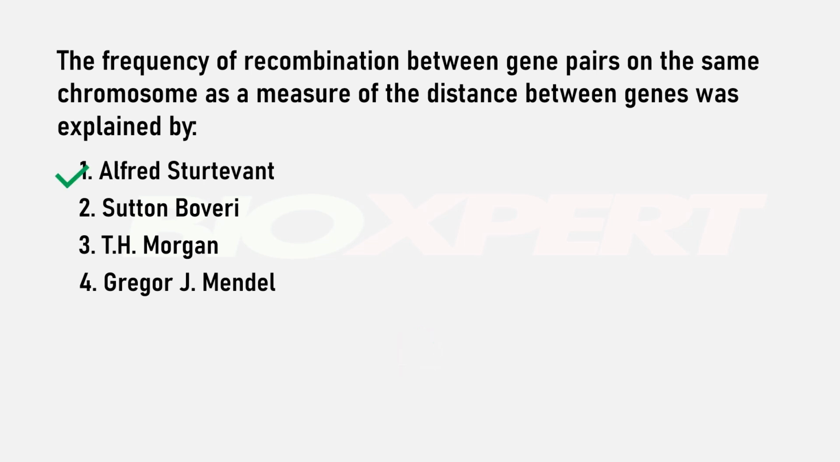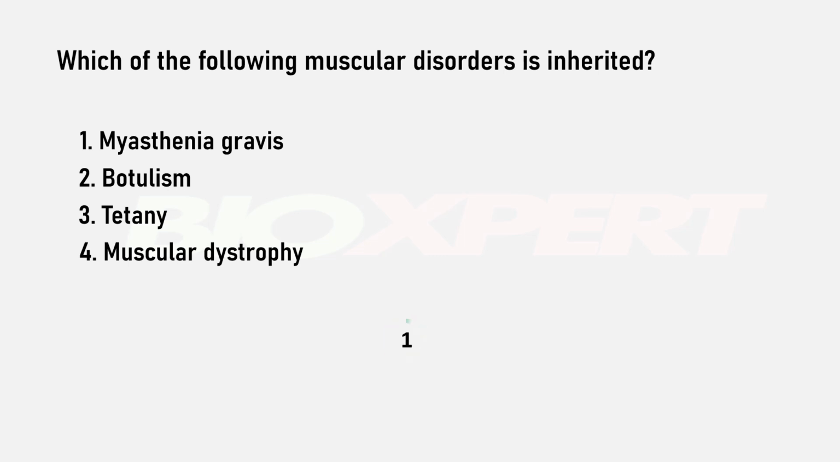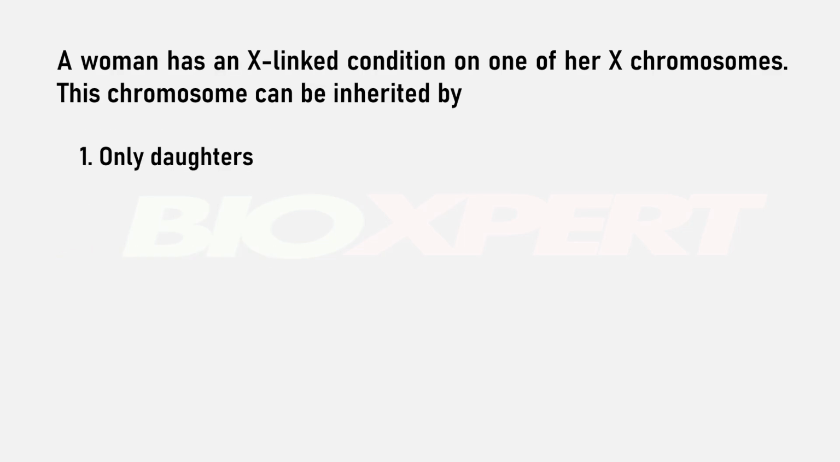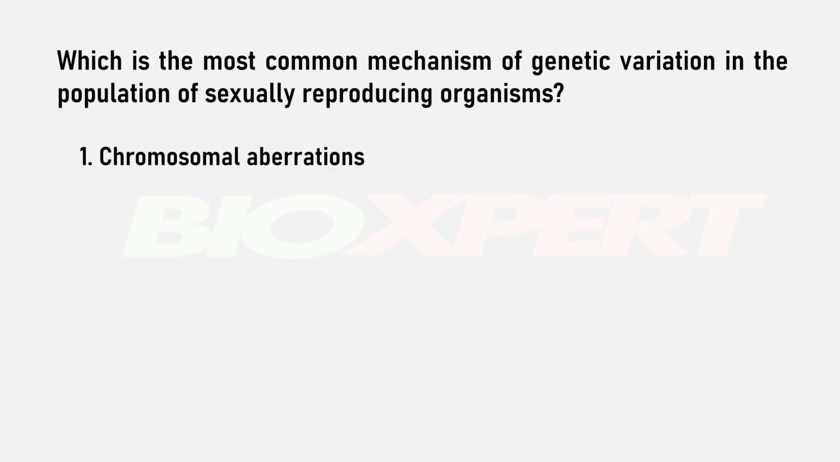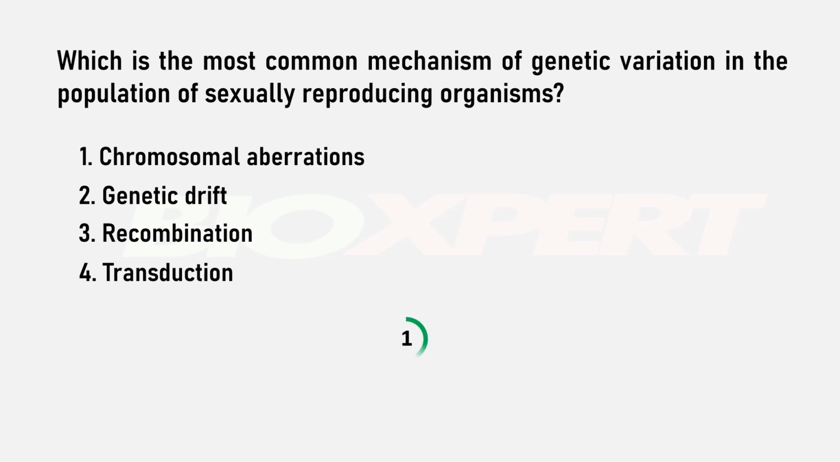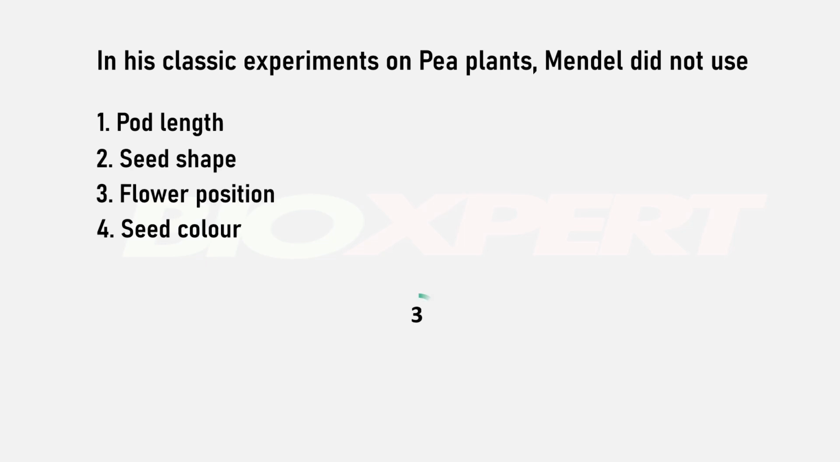Alfred Sturtevant. Which of the following muscular disorders is inherited? Muscular dystrophy. A woman has an X-linked condition on one of her X chromosomes. This chromosome can be inherited by both sons and daughters. Which is the most common mechanism of genetic variation in the population of sexually reproducing organism? Recombination. In his classic experiments on pea plants, Mendel did not use